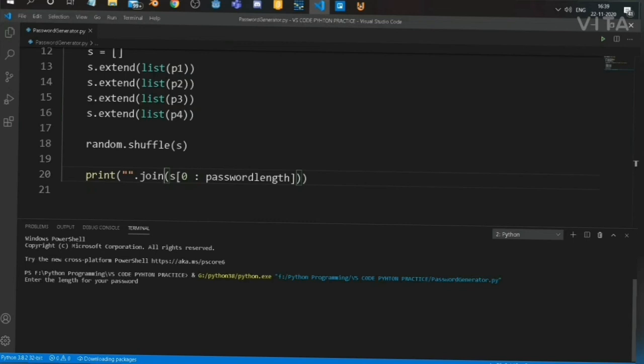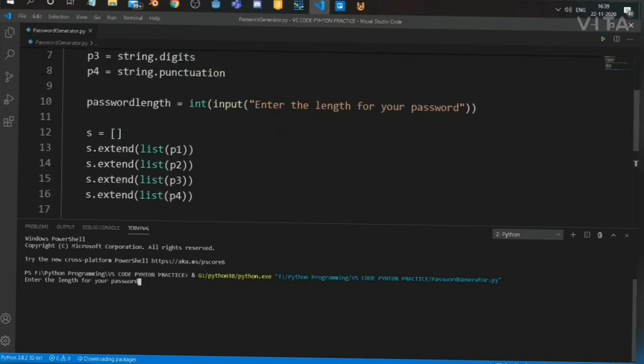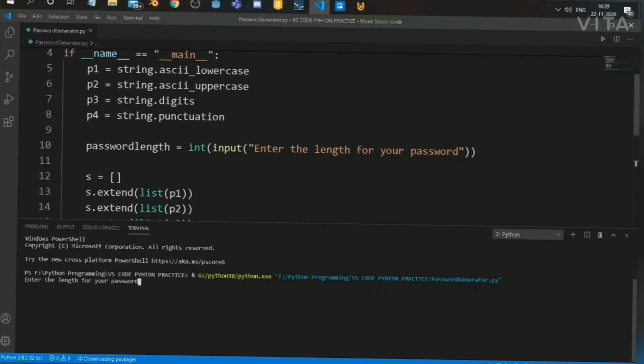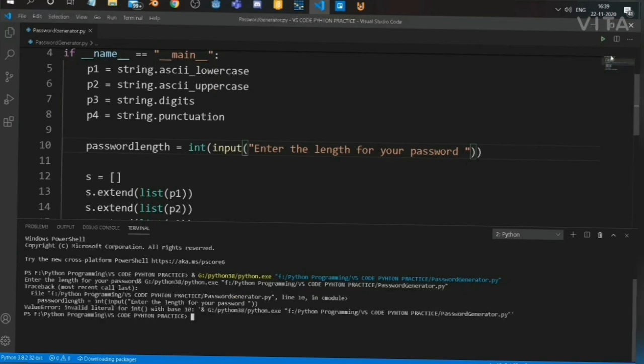Here you can see this program is asking for the password length. So let's write 5. Let me make one change: we are going to add a space so that we have room for the password length. Let's run this program again.